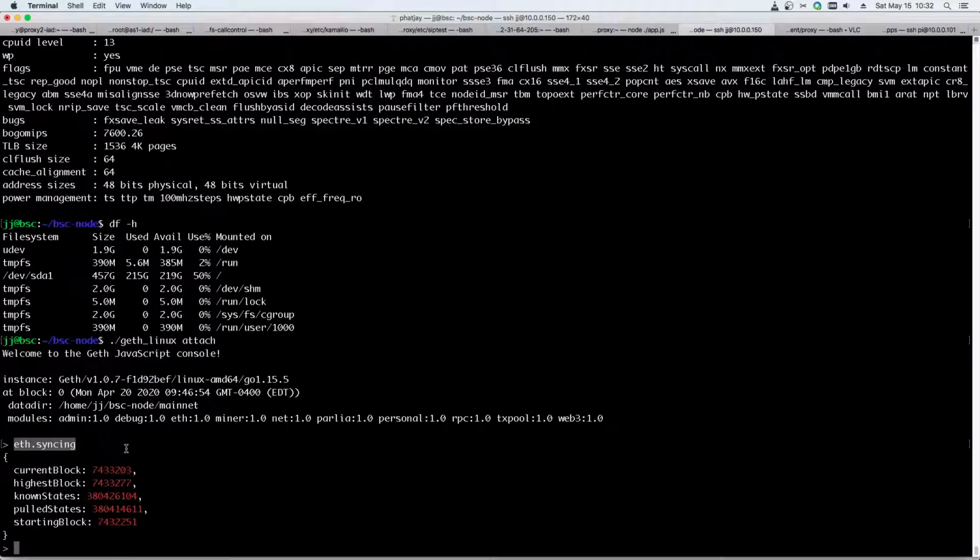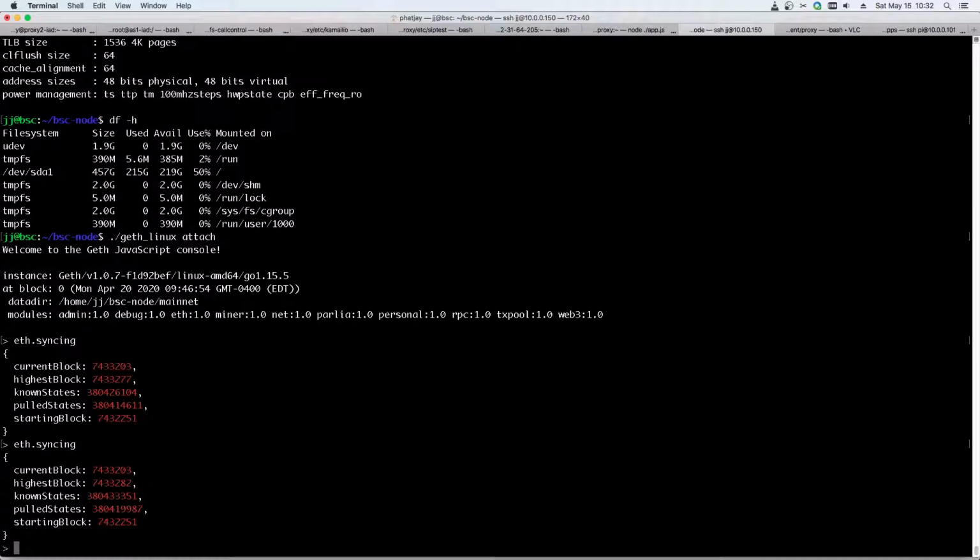This value here should return false if you are legitimately synced up with the head of the blockchain. So if you're using Anchor, or if you find another service out there like The Graph or whatever, do an equivalent eth.syncing request, because I know you can do it over GraphQL as well. And if it comes back anything other than false, it is not synced up to the head, and you'll be